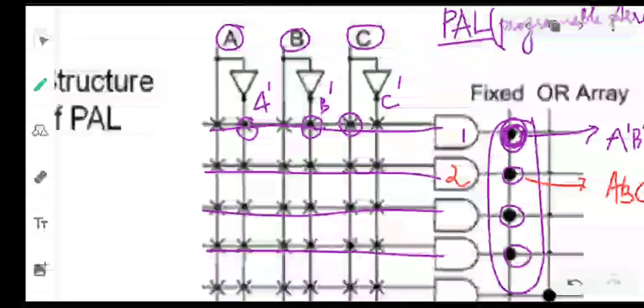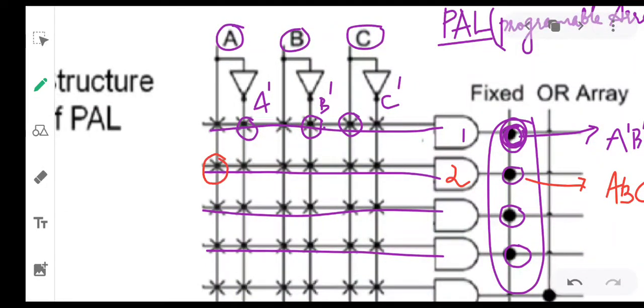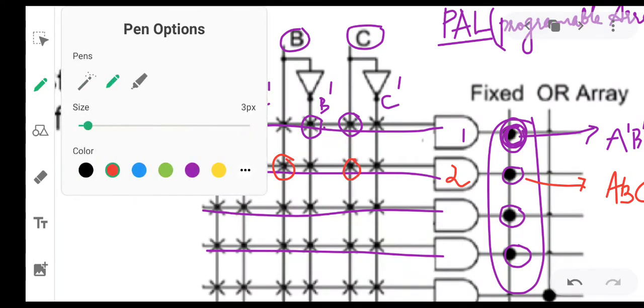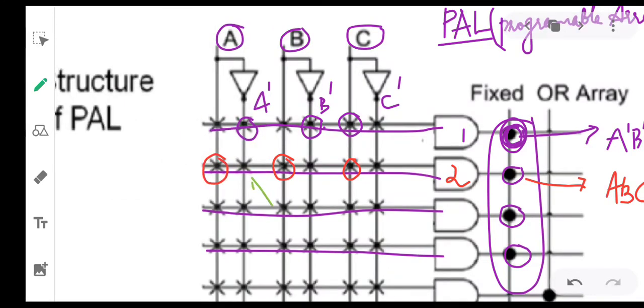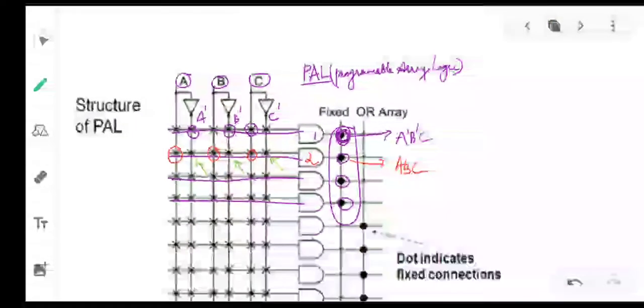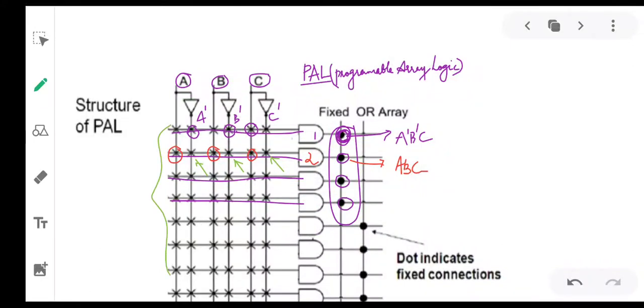So I have to take the connection from A, take the connection from B and take the connection from C, and all the other connections, this green connection, this one, and this green connection, are blown off. That is how I can program the AND section.